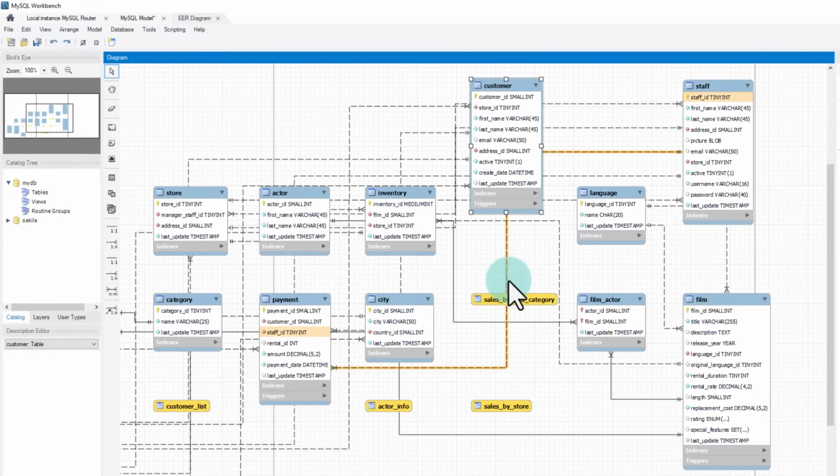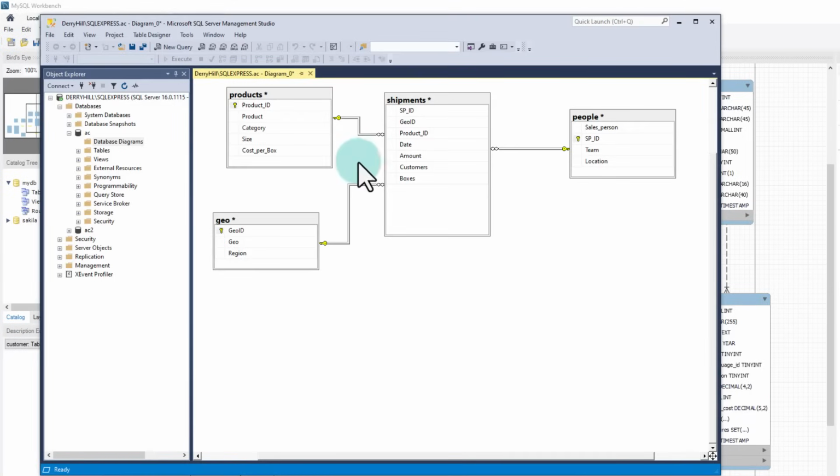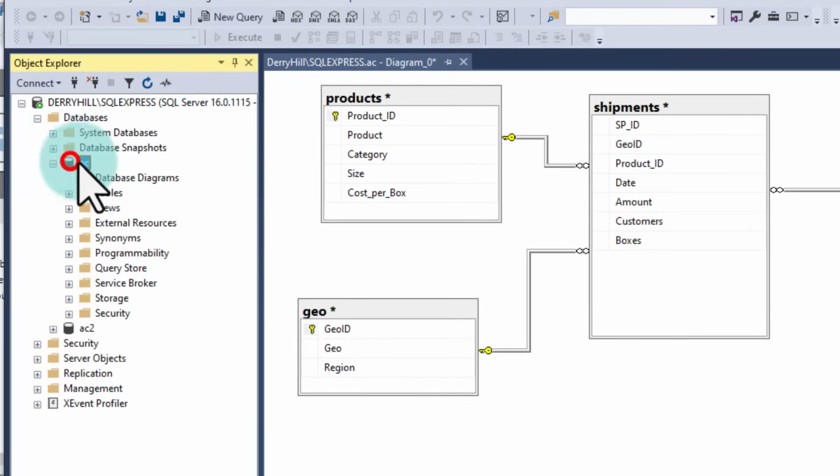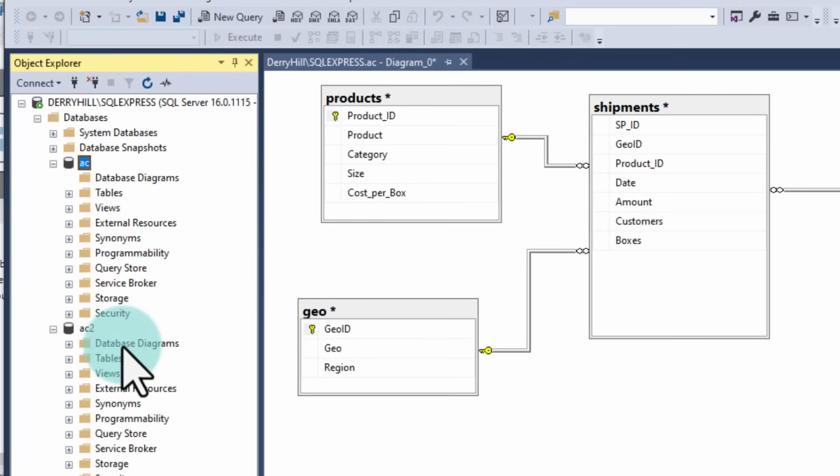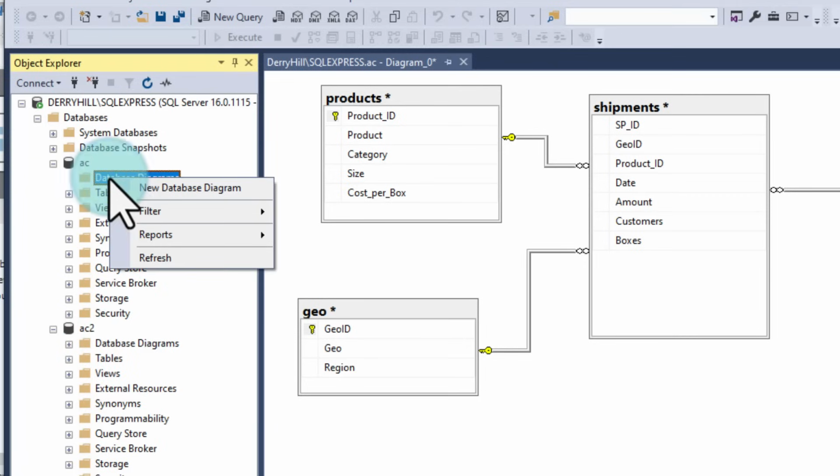You can use the ER diagrams in MySQL Workbench or any other tool. So for example, here is the ER diagram of our Awesome Chocolates business. And this is from the SQL Server Management Studio, SSMS. To generate the ER diagram in SQL Server, you can just select the database, right click and select that. And then from there, you will find that there is a database diagrams option. So for example, if I expand this, you'll see that there is a database diagrams option. You can right click on that and then select a new database diagram so that you can generate the diagram